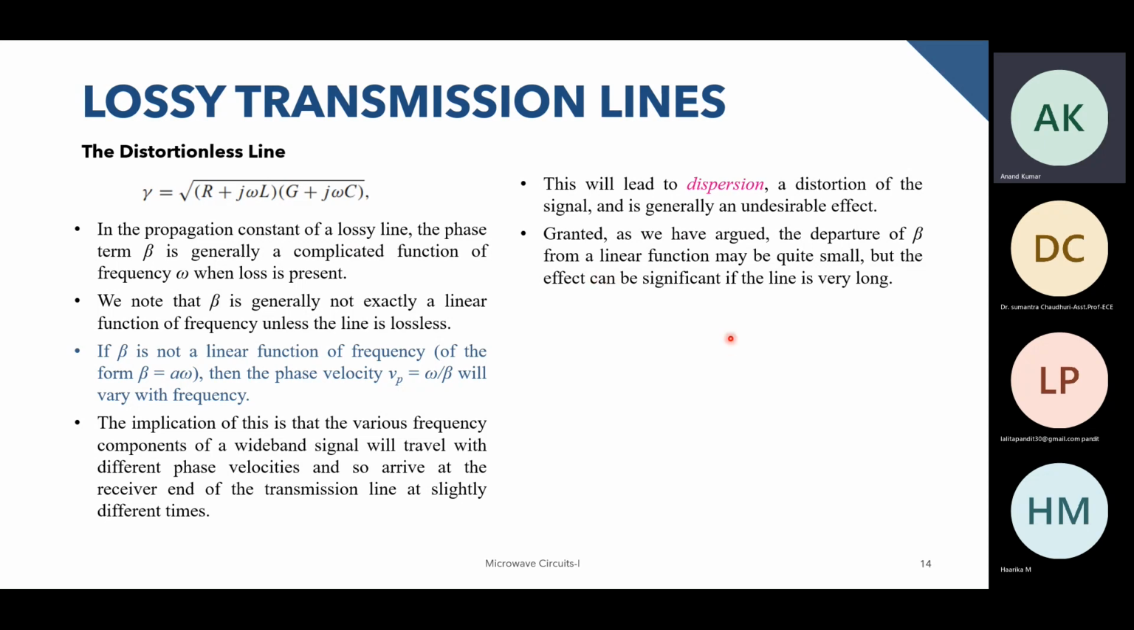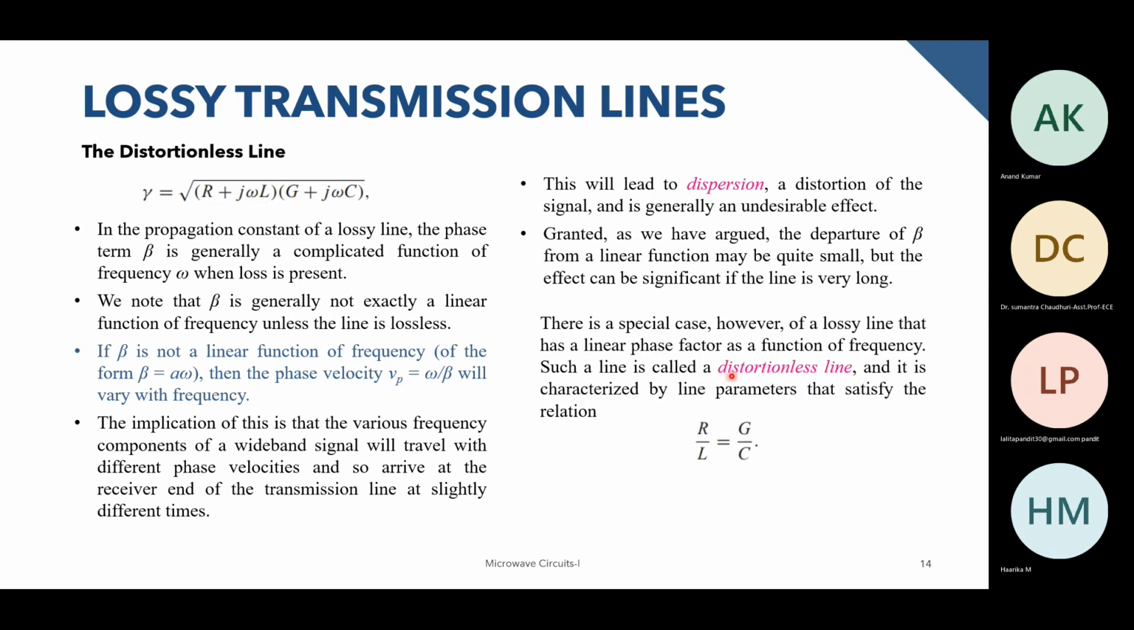But if the transmission line is very long, even if it has slight loss, and the propagation constant is given by this expression, for a very long line, what will happen is that after every distance, the separation will become greater, and hence the dispersion will be more, and hence the signal will be more